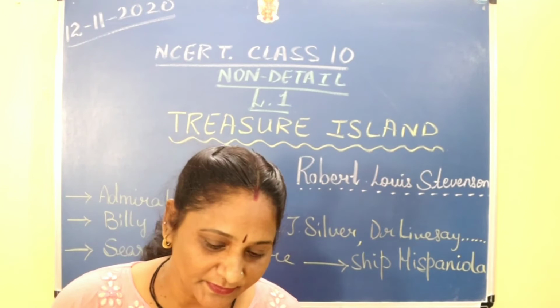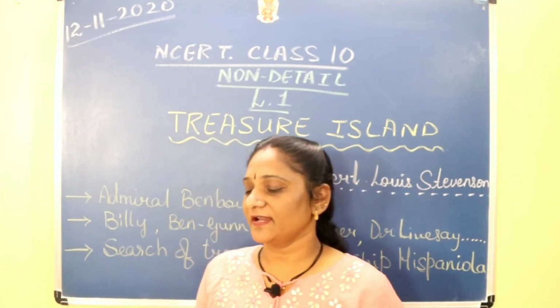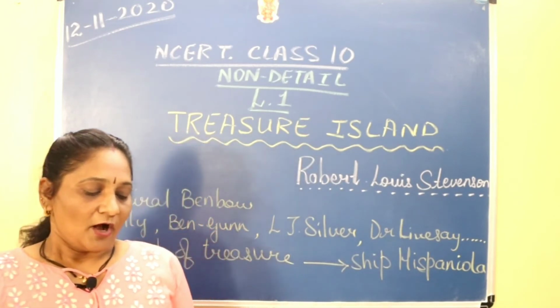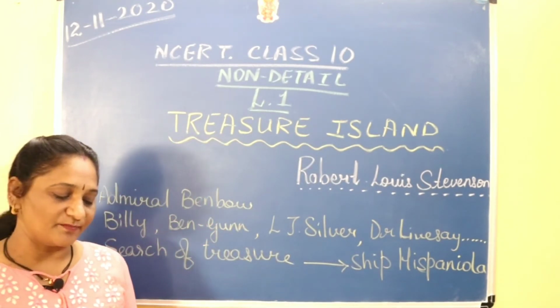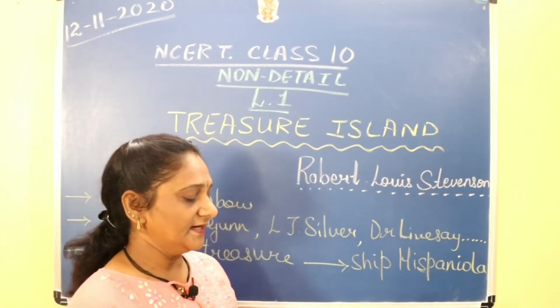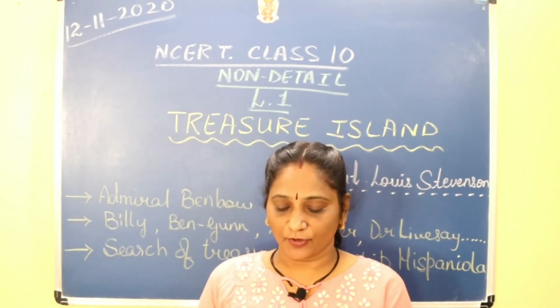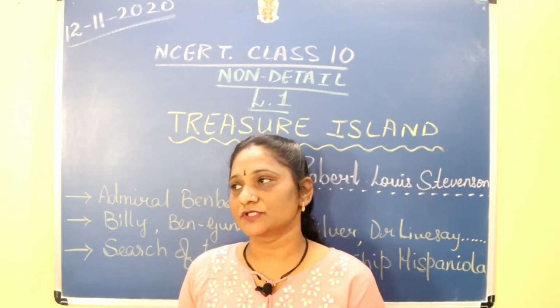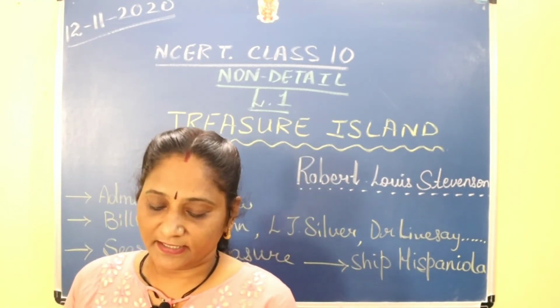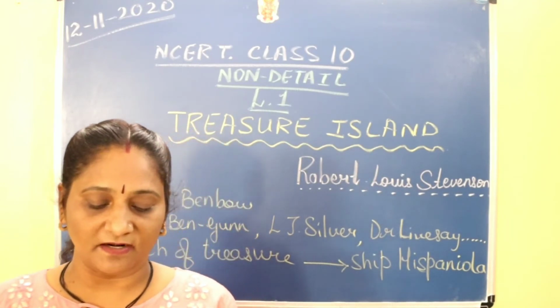Coming to page number 122. A few minutes later, the pirates lay dead. Also, two of Squire's men died and the captain was wounded. The remaining defenders buried the bodies. The doctor entered the woods with a plan. Jim also had an idea of his own. He armed himself with a pistol